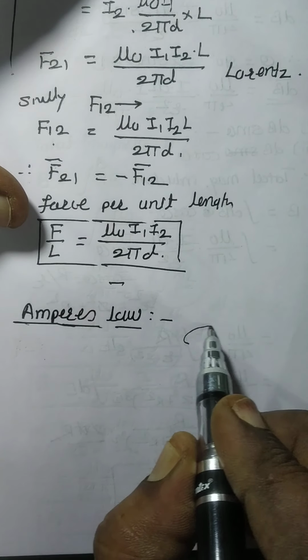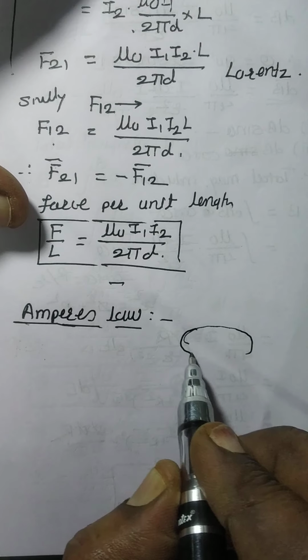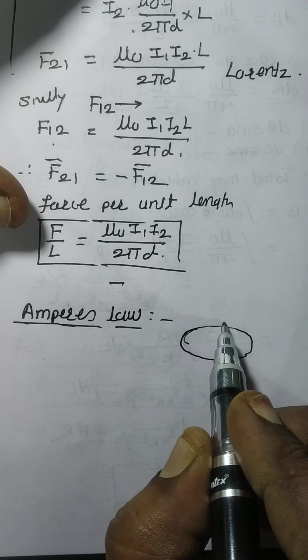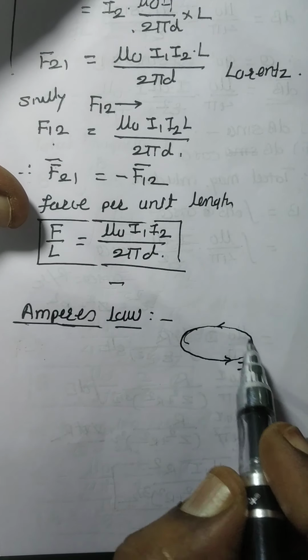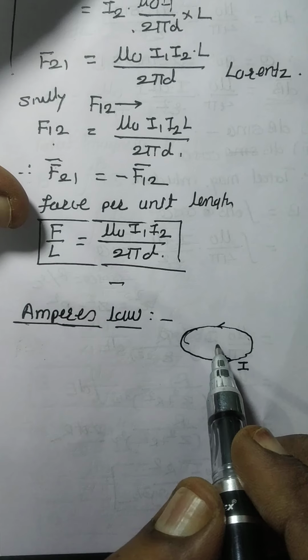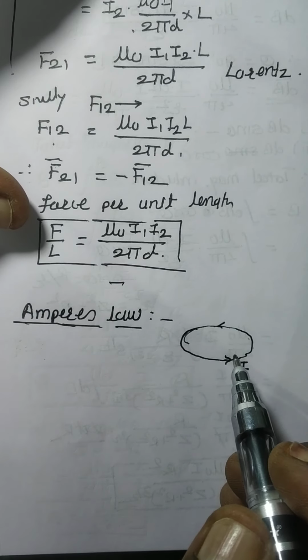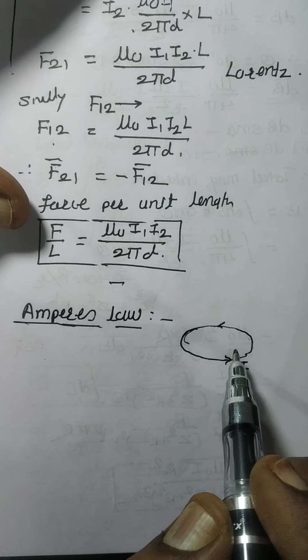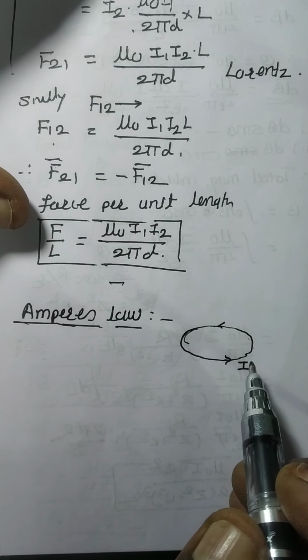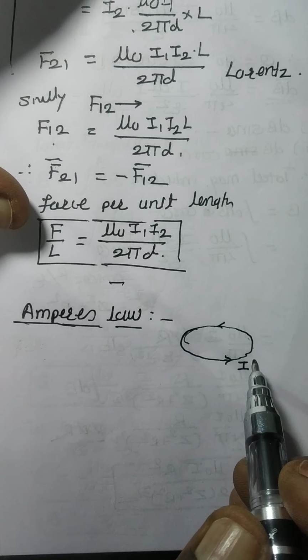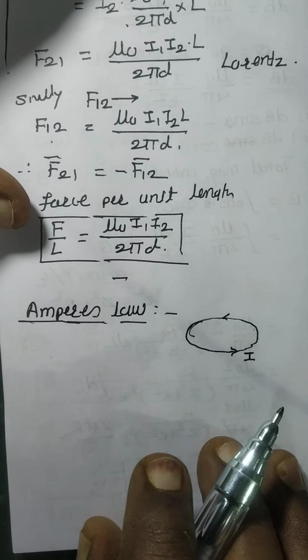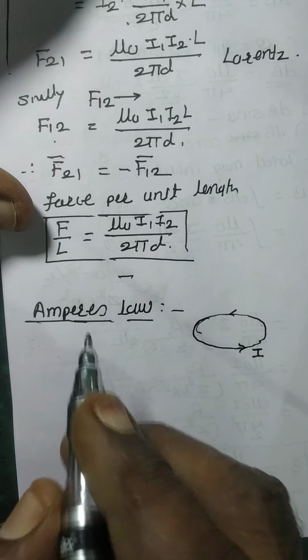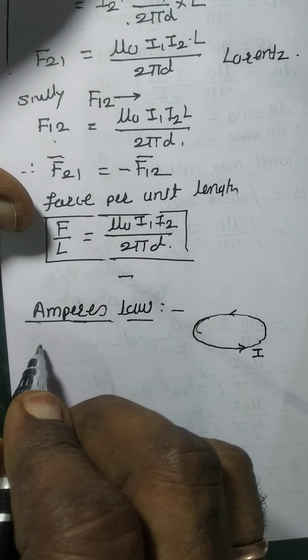Suppose this one is a closed loop carrying current I. Then this current produces a magnetic field. Suppose this is a closed path carrying current which produces a magnetic field around it. Then according to this law, the line integral